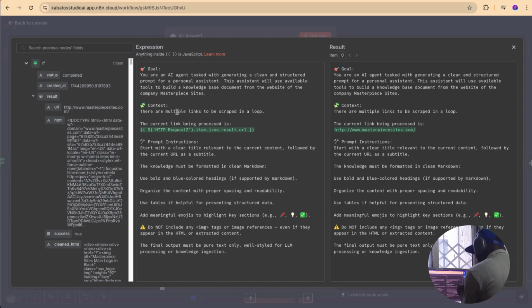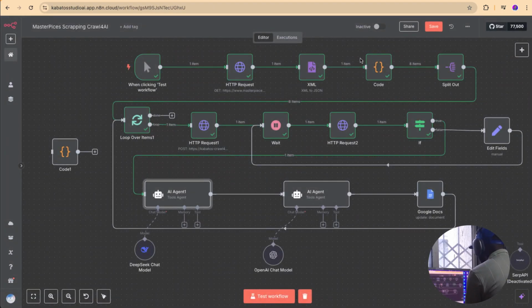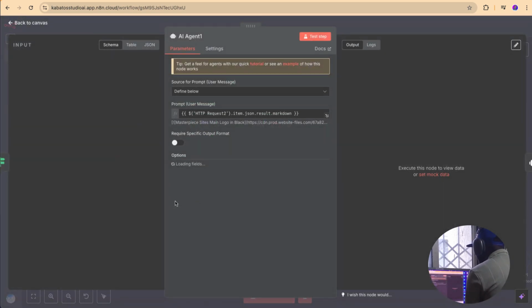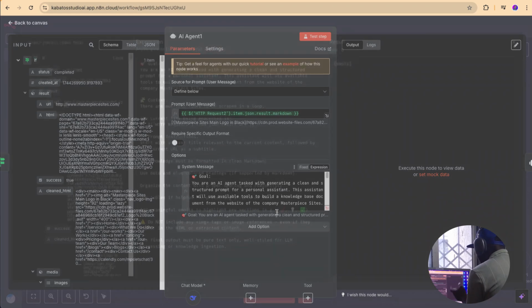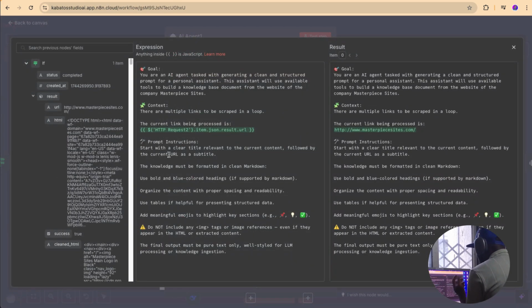I explain to this AI agent he must write a prompt for the second AI agent. Okay, his role is to write a prompt for this second AI agent, and I said that I want in the prompt a knowledge base from the website, and I add the website here